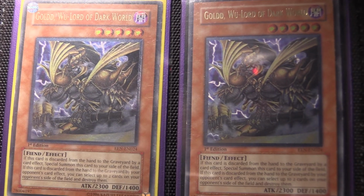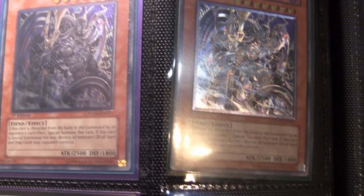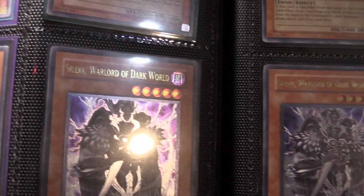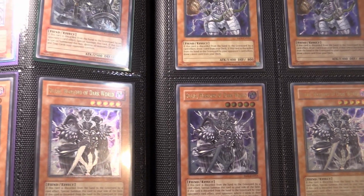Okay, the fifth deck I want to talk about in this video is Dark Worlds. Now, Dark World is kind of off the map right now. They were a bit relevant when Dangers came out because Dangers work really well with Dark Worlds. But since I think Firewall got banned and that whole FTK combo got taken off the map, Dark World really hasn't done anything. But the reason I want to point out Dark World as a deck to look into right now